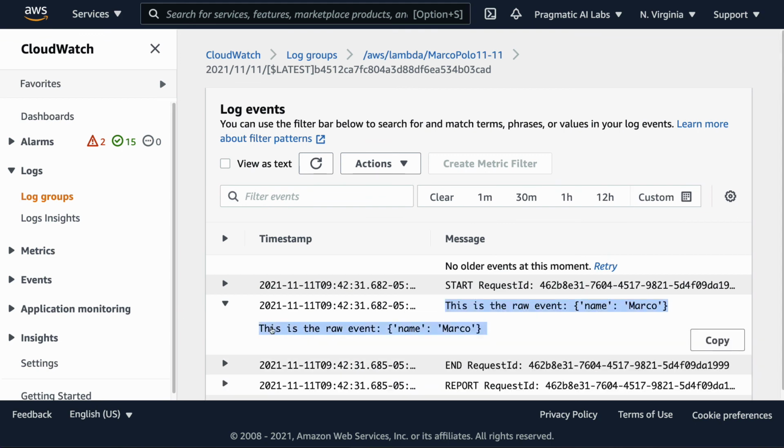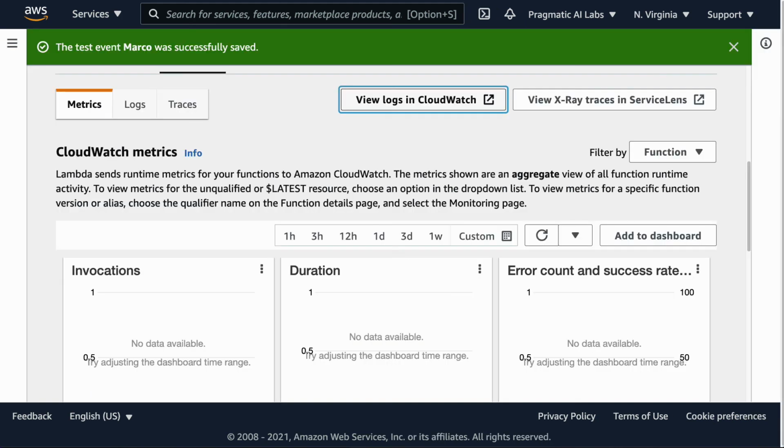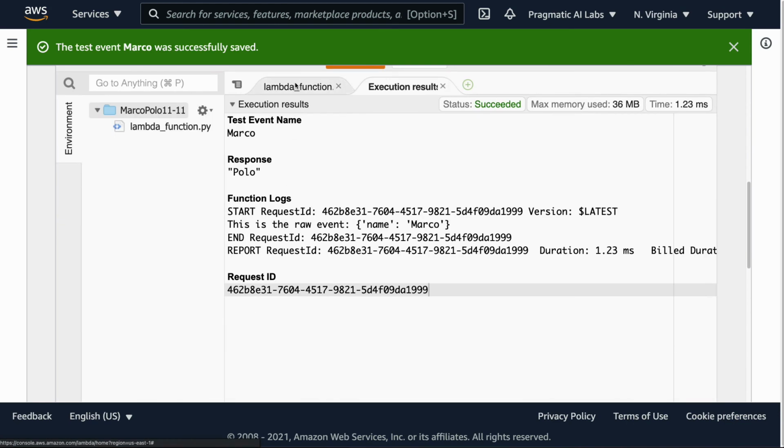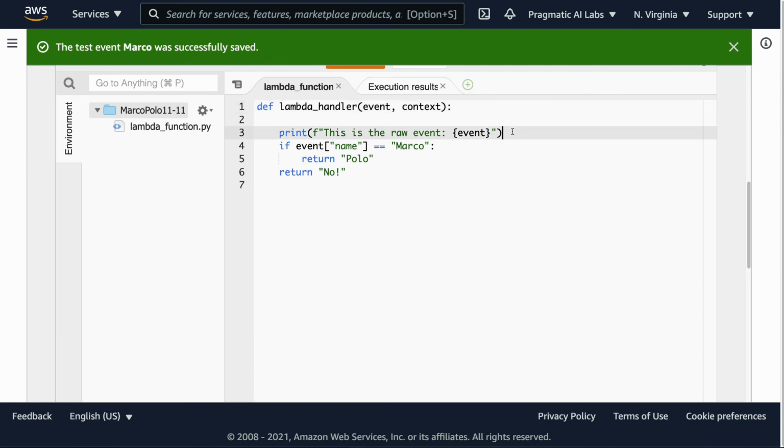So that's one of the really powerful things as well, when you're building one of these functions out here, that it's critical to add logging, so that if you have 1,000 of these running, you can see what each one of them is actually doing. You're putting in these print statements because multiple people could be calling this function, and it's hard to know what's happening unless you have some kind of logging.